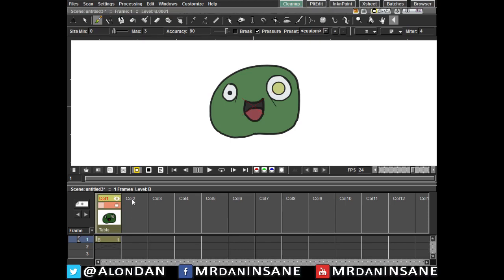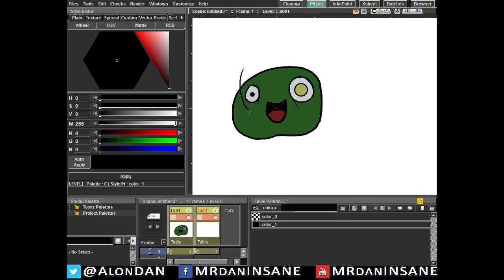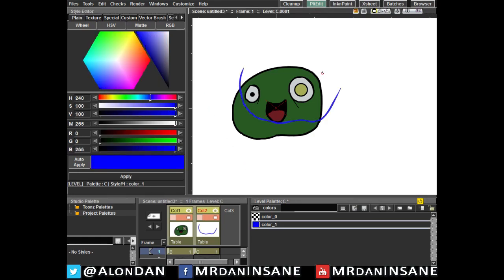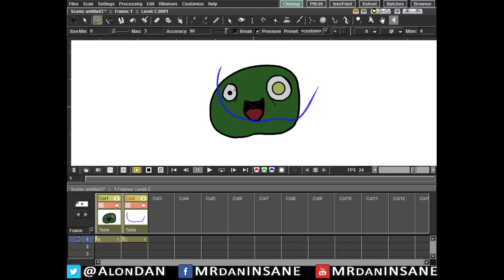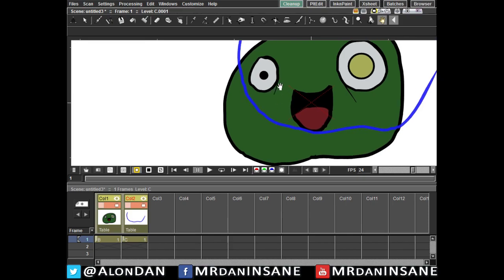Okay, so in order to do this, I'm going to use a new level, and I am going to the edit palette because I want, let's just make a line here. I want it to be blue for now while I'm working. I will change it later and show you why. And let's try to fix this. Now, it may look stupid,